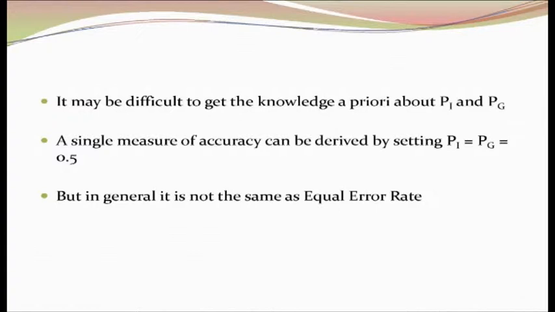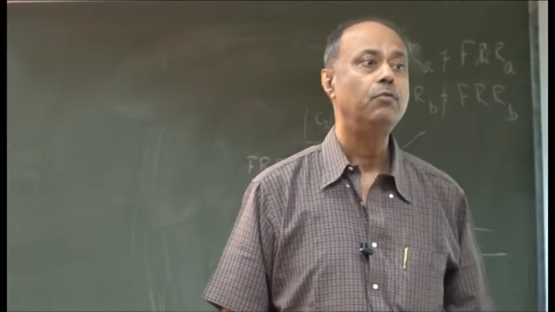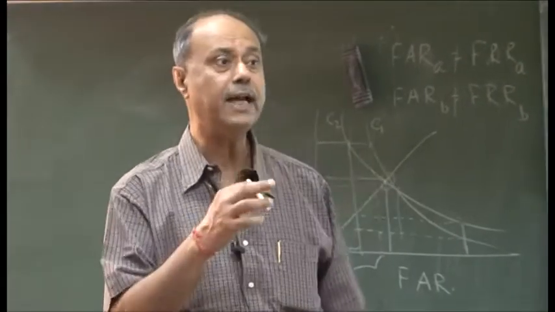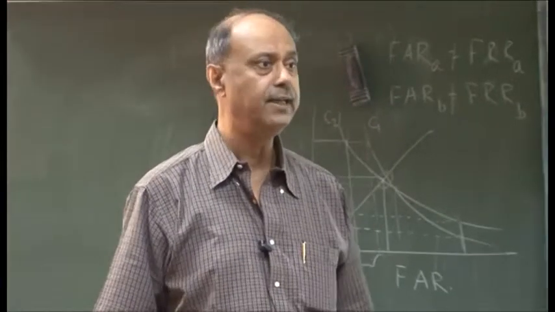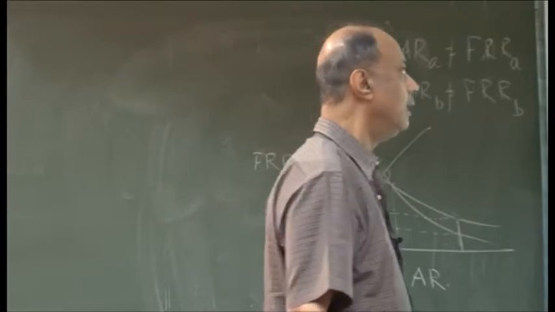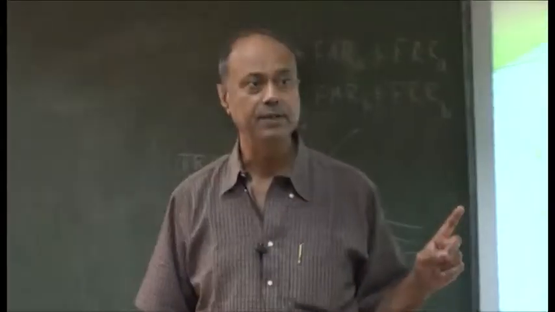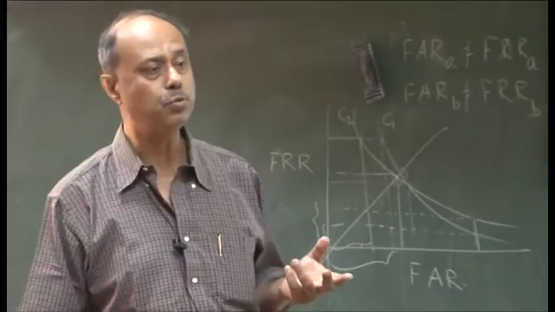And if he has come in as an imposter, it should be matched with imposter, that he has been considered as a false acceptor. So you have to find out that distribution, and based on that you will be obtaining your Pi and PG. If I consider Pi equals PG equals 0.5, because the sum of these two must be equal to 1,